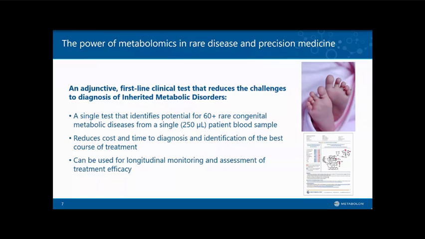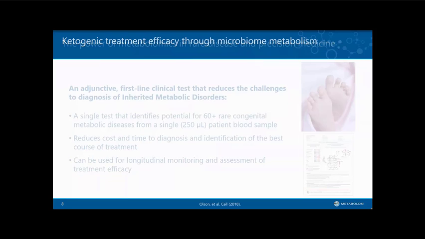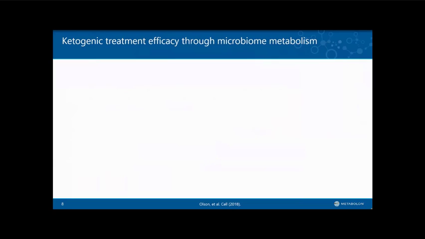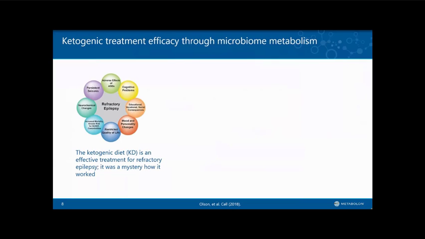And this can also be used for the longitudinal monitoring and assessment for treatment efficacy, because again, metabolomics represents the real world outcome and actionable information of what's going on in an individual. And I'd like to point out that every disease is a metabolic disease, that any change from a homeostatic step to a disease step requires a change in a biochemical step, and that can be detected through metabolomic profiling, so that a wide array of diseases can be affected. For example, neurogenic diseases or personality disorders are at their core also metabolic disorders.